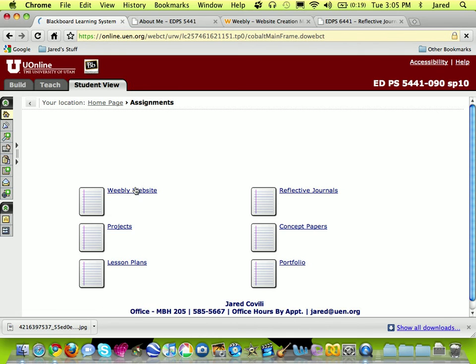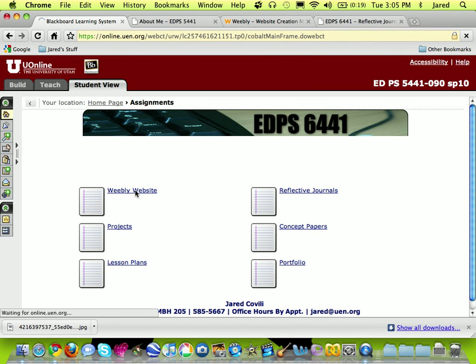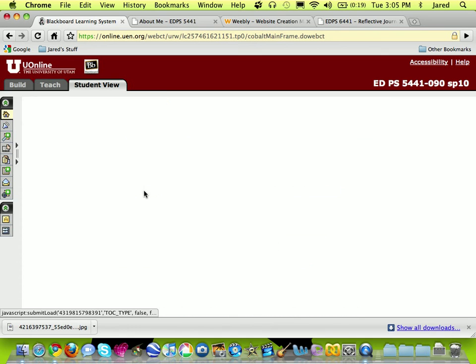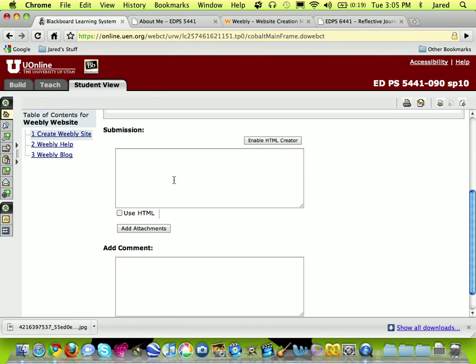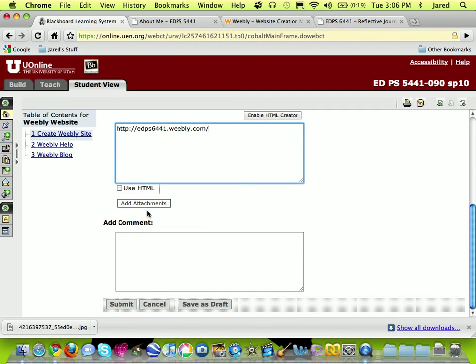You can see there's the assignment for Weebly website. As I click on that, that will load. And just like it says in the instructions here, I need to come into the submission window and paste my URL and then come down and hit submit. That's the easiest way for you to submit your assignments to me, is just to go up and copy and paste the web addresses